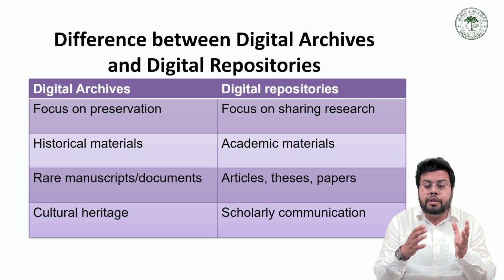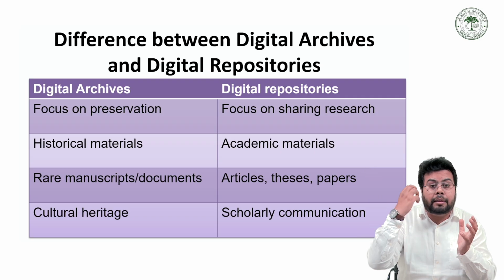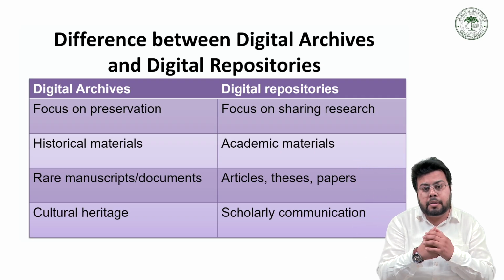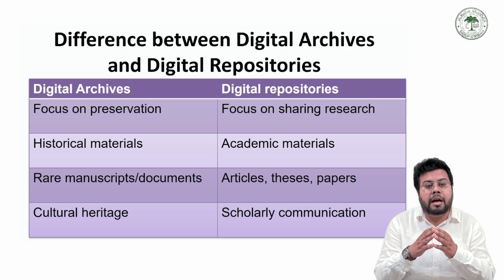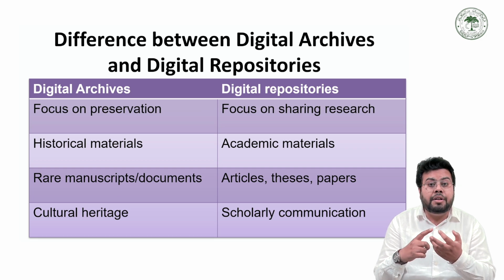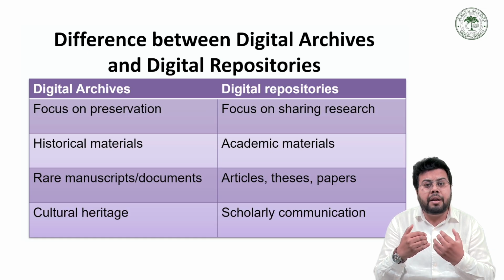Some of it is beyond our stretch of imagination if we look at the value of such things, right? So historical materials are generally archived, whereas academic materials, like current journal articles, conference papers, dissertations, and teaching material produced by the institution or submitted by any teacher, will be kept in digital